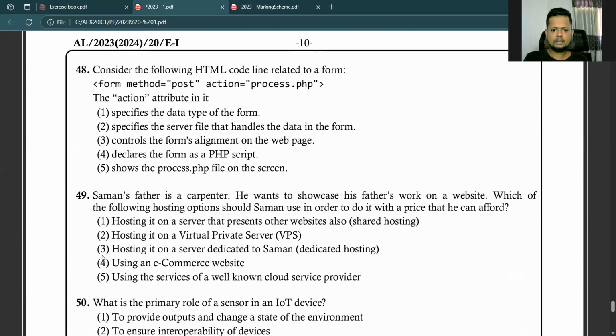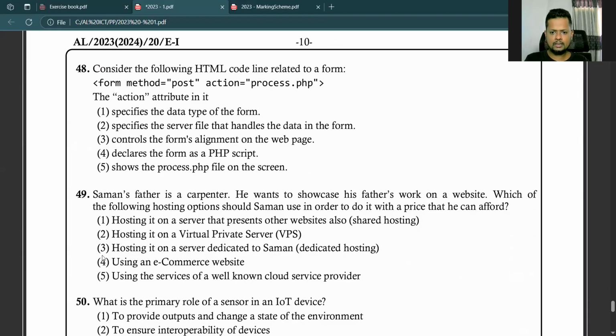So 48, consider the following HTML code line related to a form: form method post action process.php. The action attribute in it. Okay, so action in an HTML form means, when you press the submit button of a form,